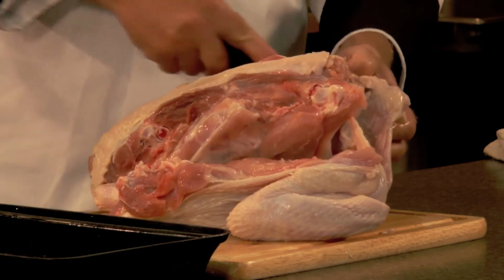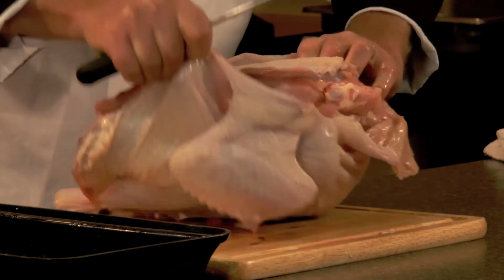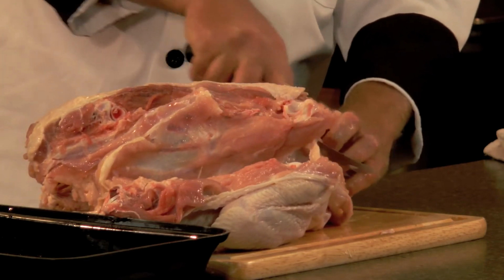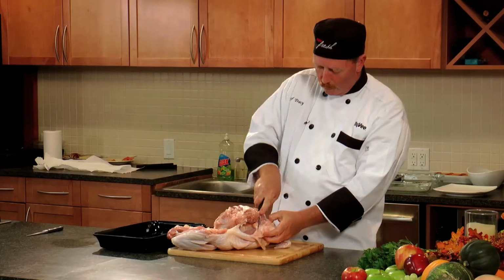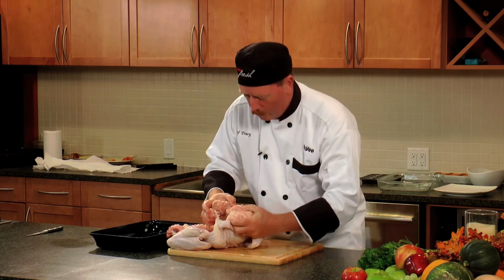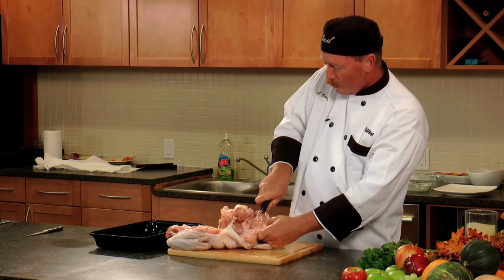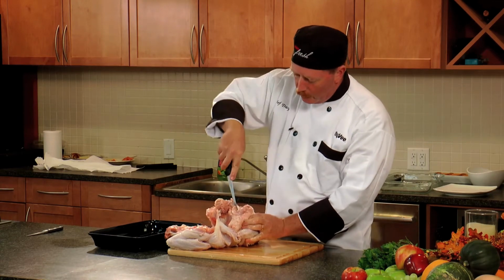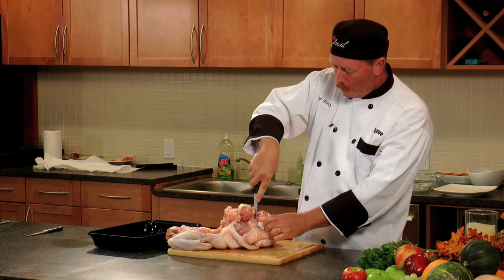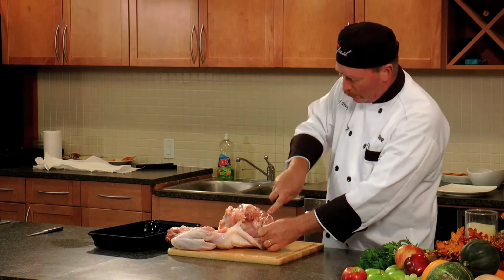So again, you can see I'm going to start trying to manhandle the wing a little bit so I can find where the joint is. You see the little round tip of the joint where it meets into the socket there. I'm just going to go ahead and cut around that. The more you just do small incisions, you'll be able to find that little socket. It looks like it's lost in there, but